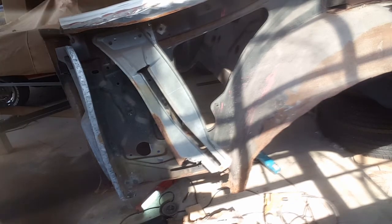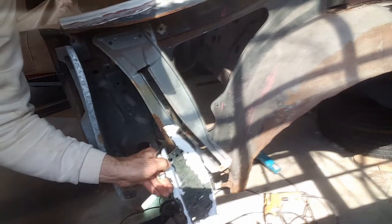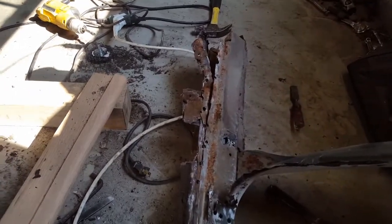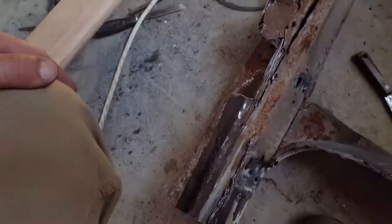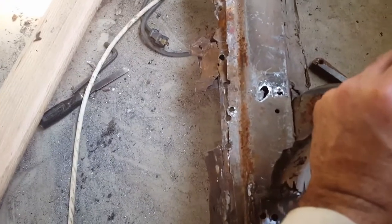Alright, it's all done, and this is the piece here. Let me flip it around so you guys can see. Okay, there it is. This is the whole piece right here. I removed it in one piece. If you see here, this part of the floor panel, the rocker panel, was connected. I separated it so I could get in there and chisel that out. That's why it's like that. But it is one piece,